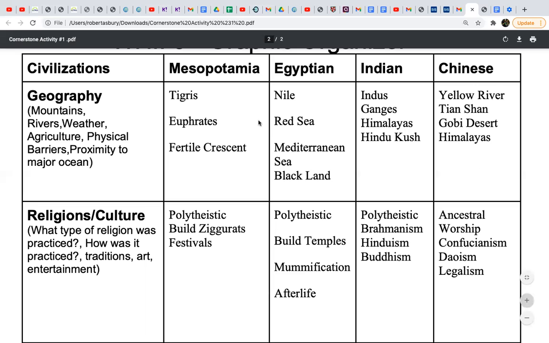In China, you had ancestral worship, worship of ancestors. You had the philosophy of Confucianism that we'll talk more about. Confucianism, respect for elders, filial piety, emphasis on education, etc.